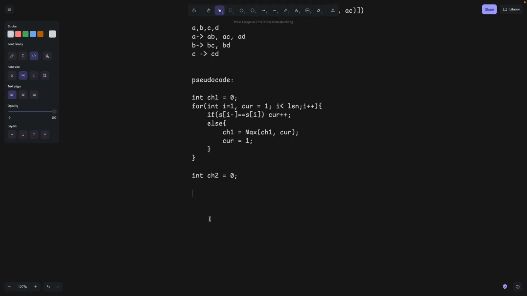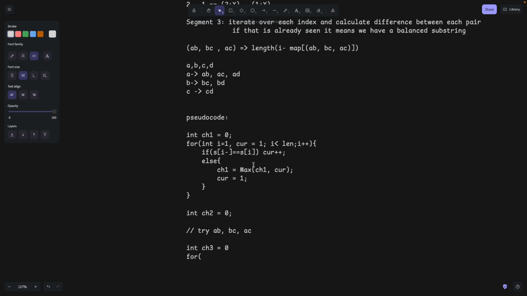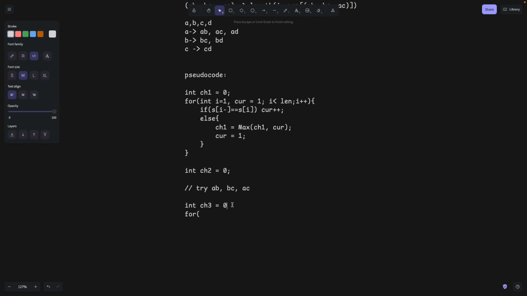So for the second segment, we try for AB, then we try for BC, then we try for AC, right? Then for segment 3, we also maintain